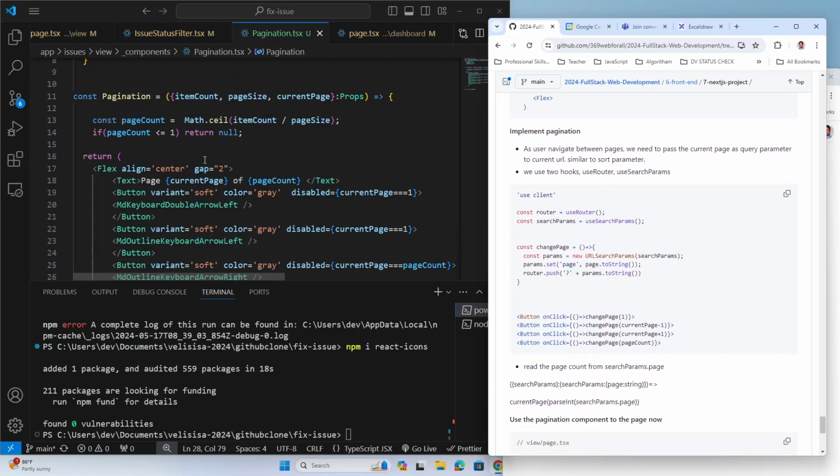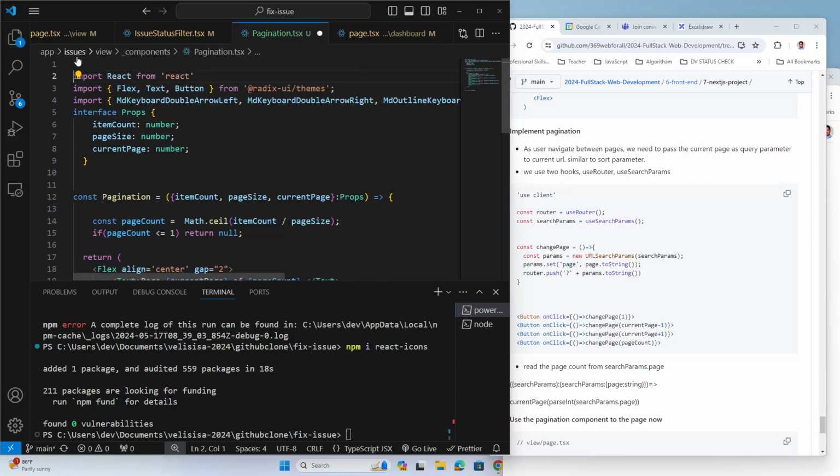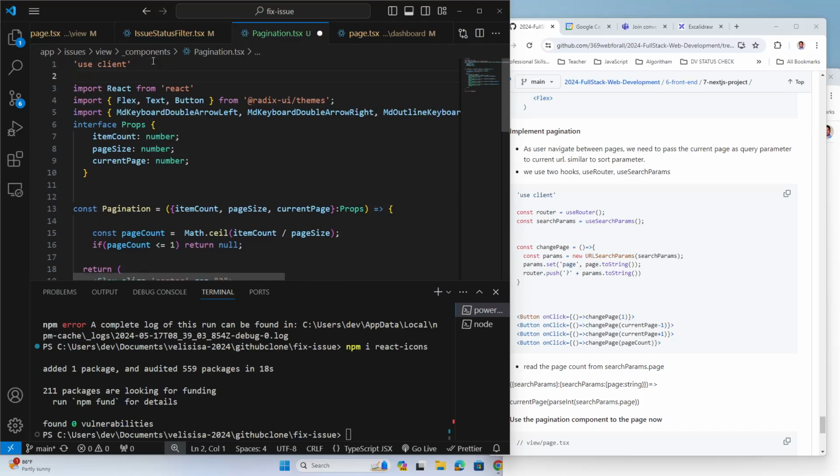So first we're going to change this to use client, because we're going to add the client interaction click event now. So you have to make this page use client. All right, and next step, let's import a couple of things,